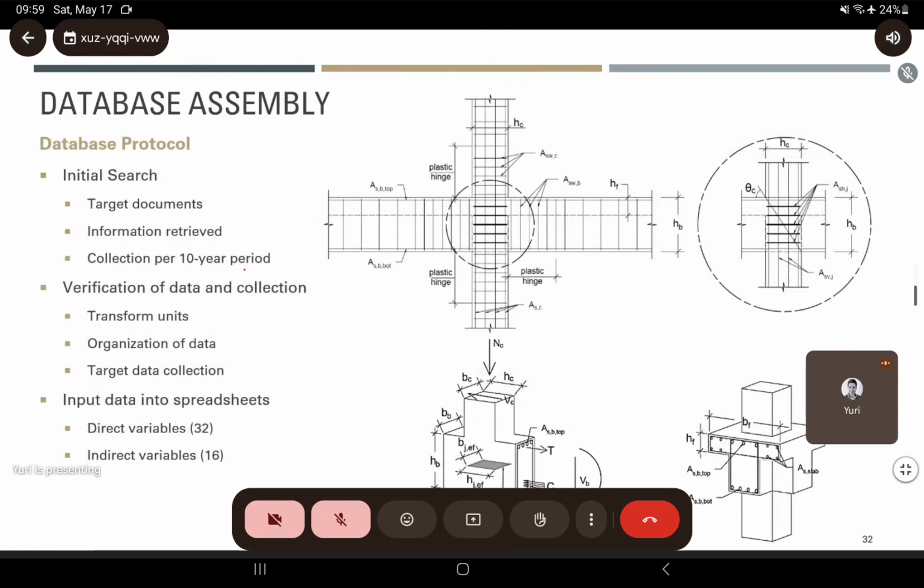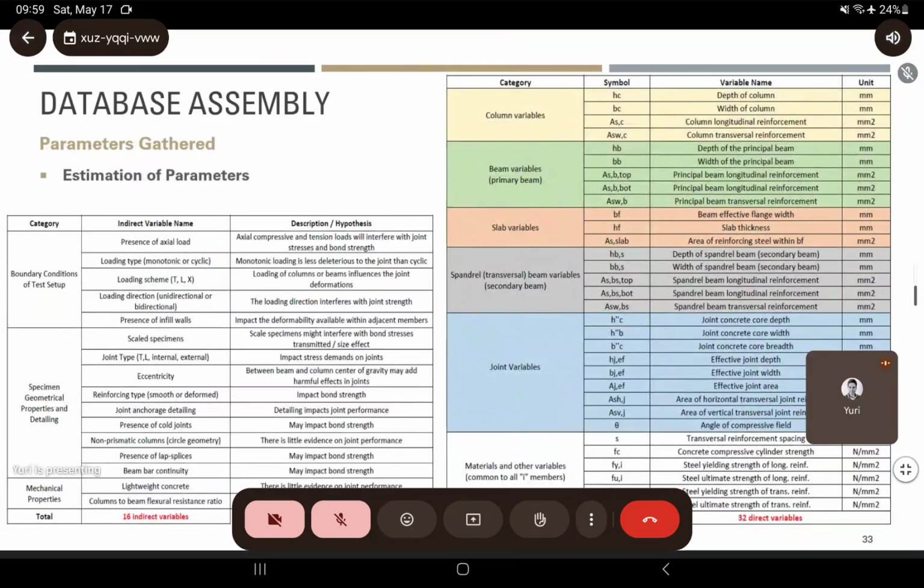The database is divided into 3 steps: initial search, then verification of this data, and finally the input of the data into the spreadsheet. All the data that we're collecting are related to the boundary conditions of the beam column joints, mechanical properties, loading conditions, test equipment, and so on. We have estimated that we have 16 direct variables, and 32 indirect variables that we are collecting throughout